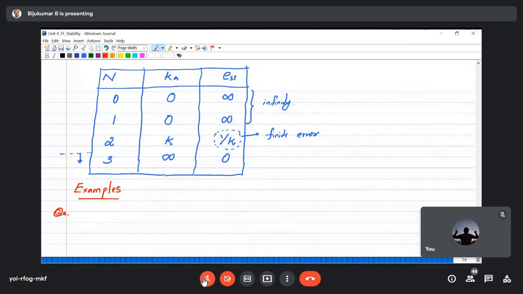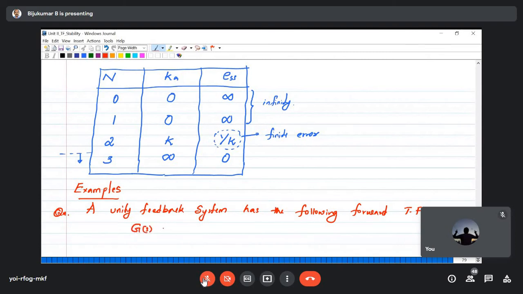Please note down this question. A unity feedback system has the following forward transfer function, which is given as G of s is equal to K (s plus 5) divided by